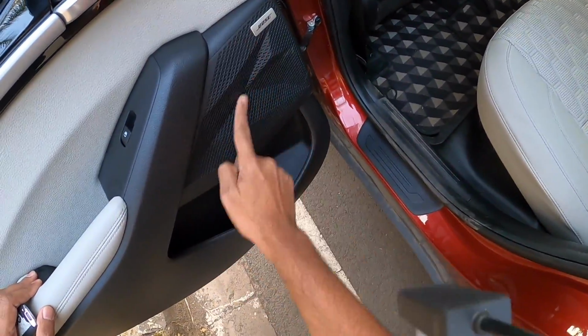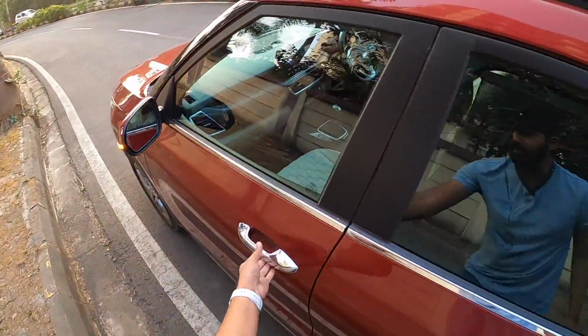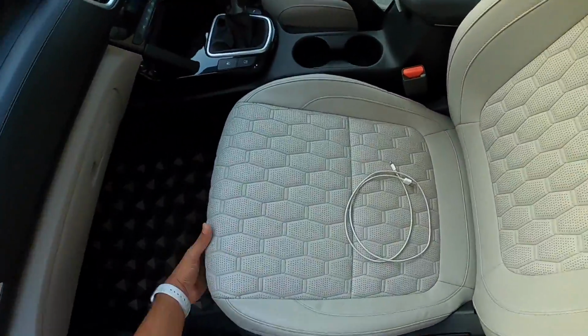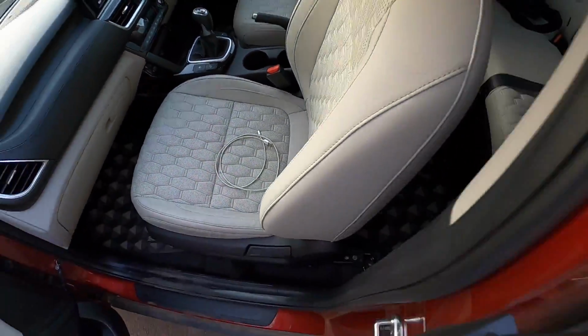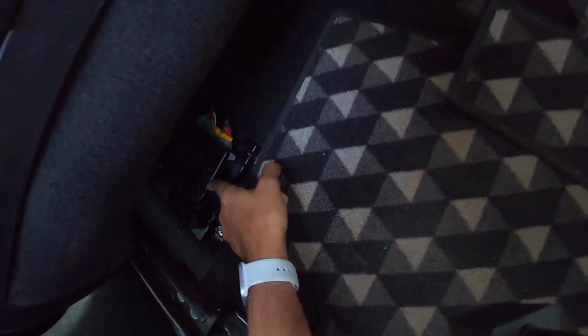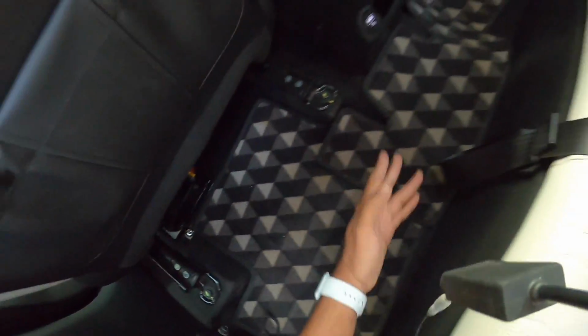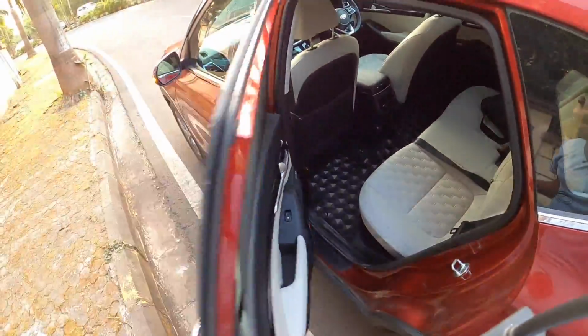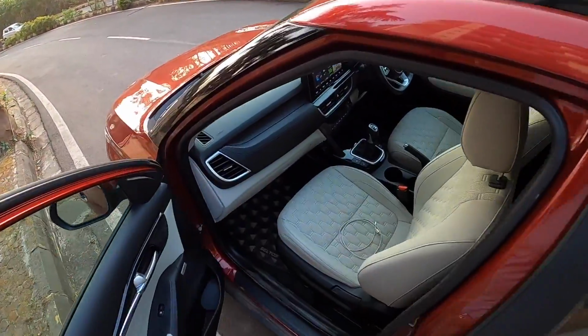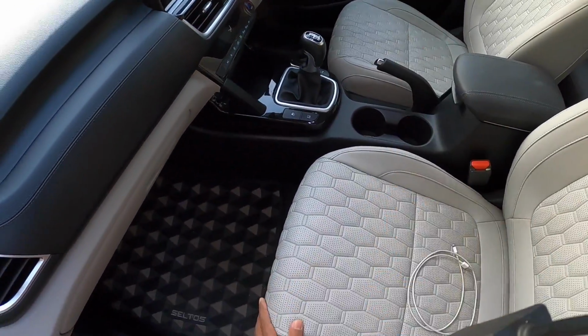I love the treatment on the speakers. Can you see the cuts and creases? They're also really very nice. Now I need to show you something important, which means that I have to push this seat all the way ahead, and there it is. It gets an amplifier. Yeah, there is where the amplifier is, right below the front co-passenger seat. And I know you guys are looking at the carpet, which is also pretty nice in this car. What we should do now is put the seat back again, and there, aligned with my seat position,